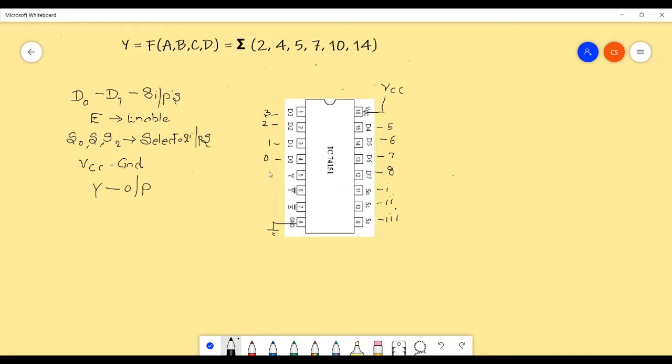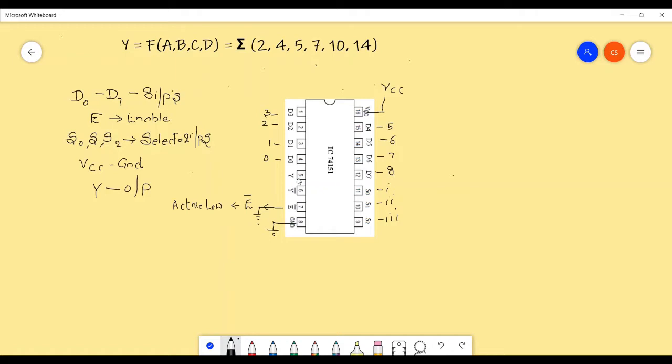In addition to this, I should be having an enable pin. So this is your enable pin. But look into the enable pin here. My enable has been written as enable bar, which means that this enable pin here is active low. I can call this pin as active low input pin. Active low input pin means normally this enable pin should always be grounded. If you want to turn on this MUX IC, this enable pin should always be grounded. That is what this E bar indicates. You can see a bar here. So E bar indicates that this is an active low pin which should always be grounded.